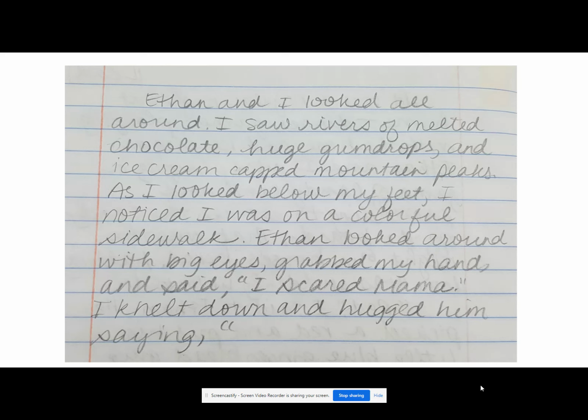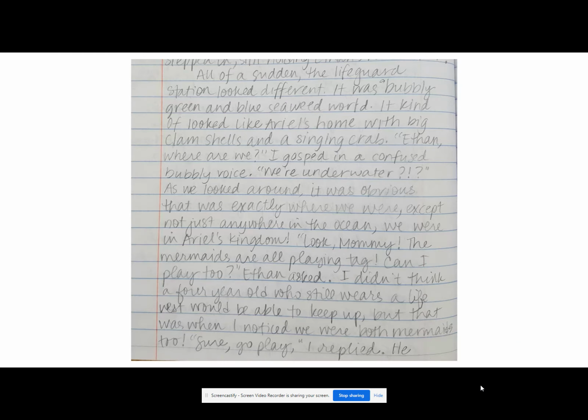So if you notice, I have who I'm with. You can kind of tell where I am right here. I didn't say yet I am in Candyland, but later on it would make sense for me or Ethan to say, I think we went into the game. So to describe that, I didn't write the full thing here. I just wanted to show you how I go in. Let's look at my other story now because it has a little bit more. So again, who I'm with, where we are, and what's going on.